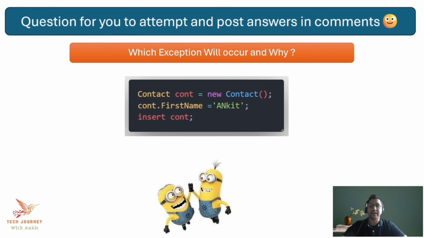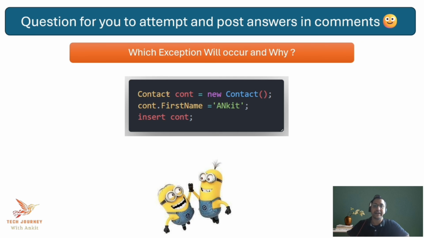Now, there are a few things that I want you to attempt and post your answer in the comment box. I have put a code snippet here. What you have to tell me is which exception will occur whenever we execute this block of code and the reason for that. The first one here is I am trying to insert the contact, but let's say my contact creation is failing. You have to tell me why it is failing,